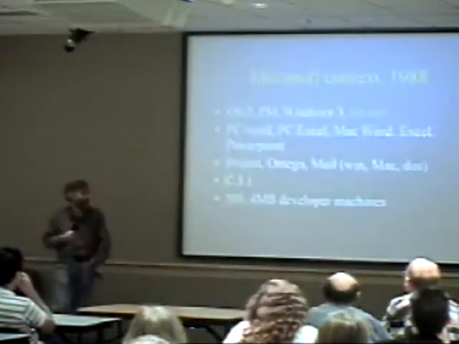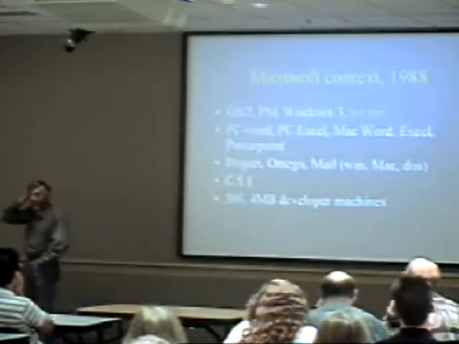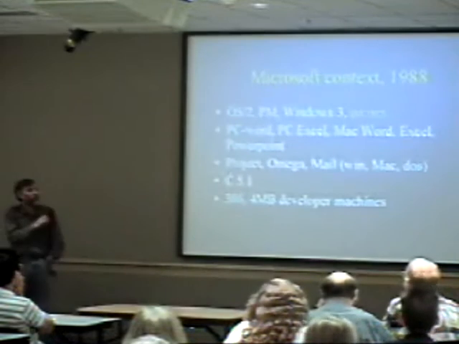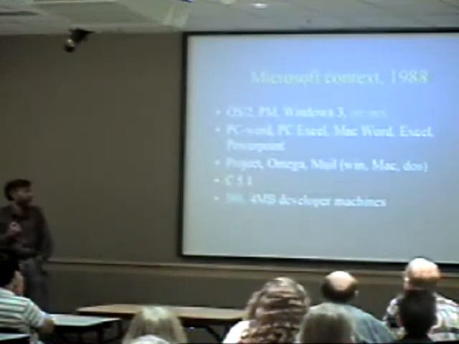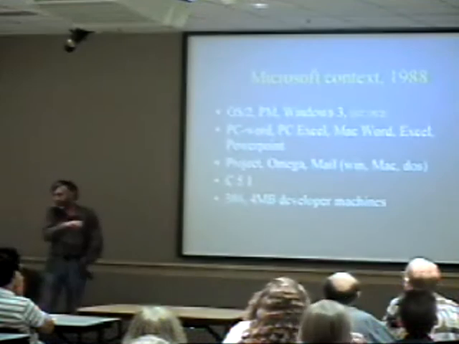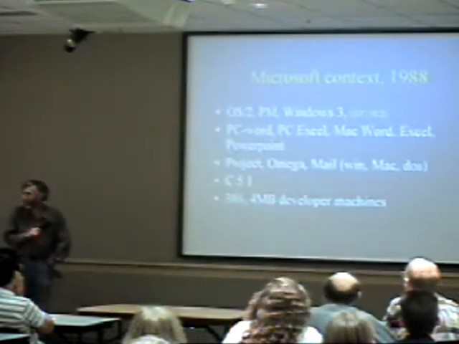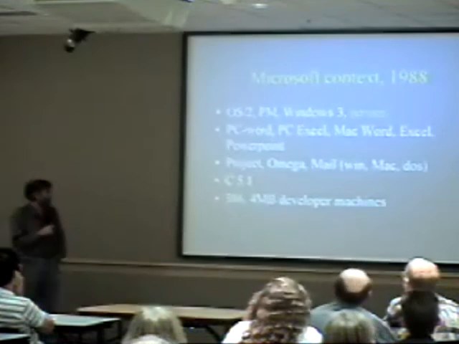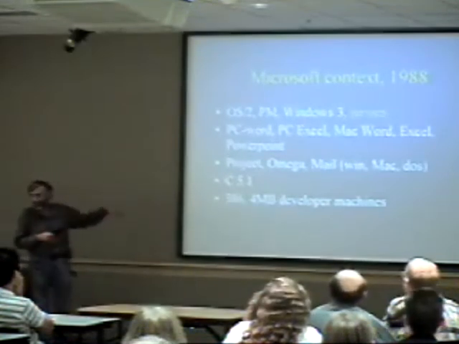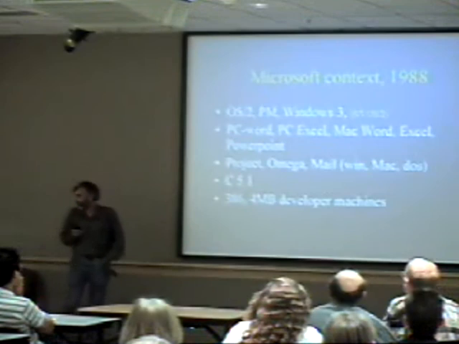So context, like I said, some history. It really does go back 10 years, and this is trying to summarize what was going on at Microsoft at the time. We had OS/2 going on and Windows 3, and we had this funny little skunkworks thing called NT OS/2, with half a dozen guys working on it at the time. And this was the range of products and the kind of machine we were working on. The relevance of this will come out in a slide or two.